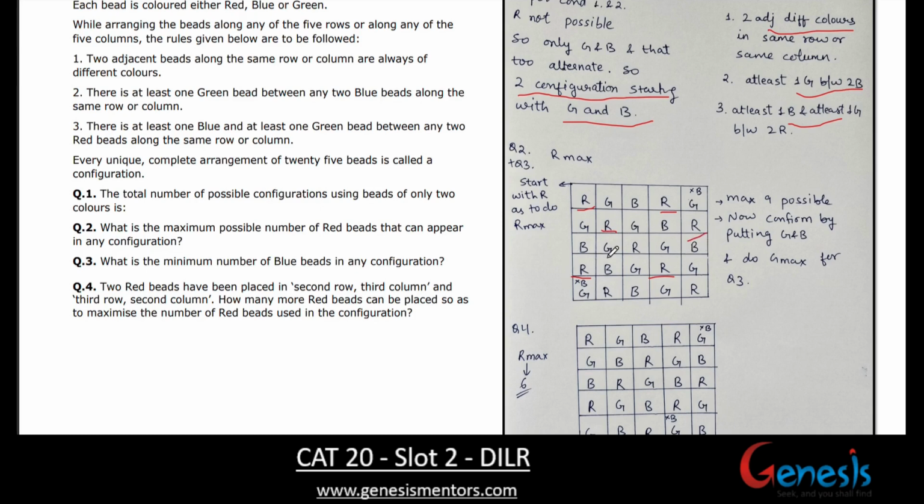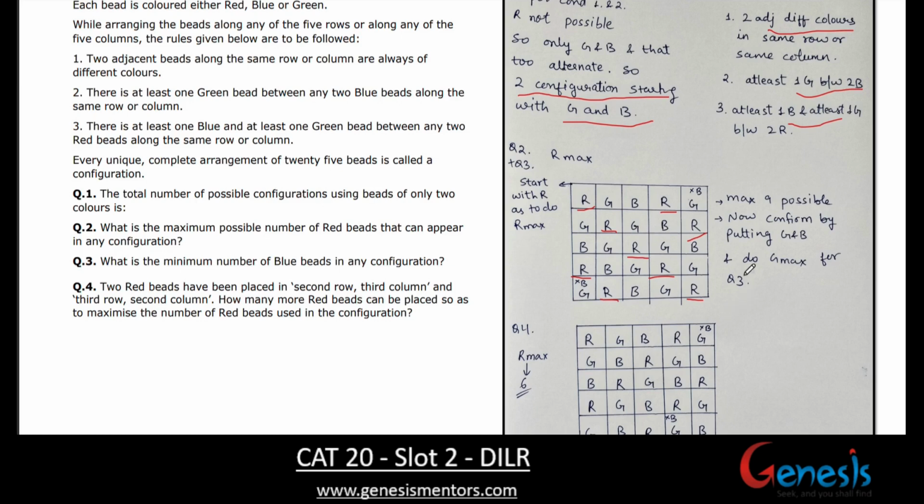Here in this row we can put R here, and only one R is possible in this row. In this row no extra R is possible. What about the last row? We have possible R here and here, two places between two R's. So no more R is possible other than this. So if we check the total R possible: 1 2 3 4 5 6 7 8 9, right? So we know the maximum is 9, but not more than that, right?